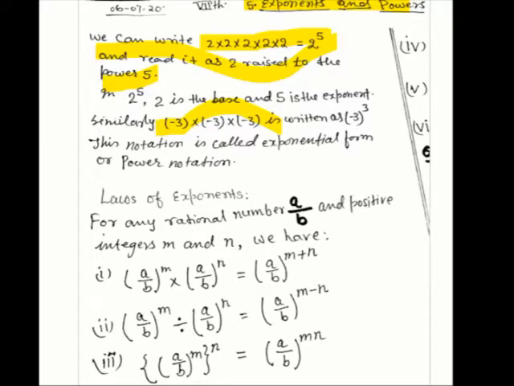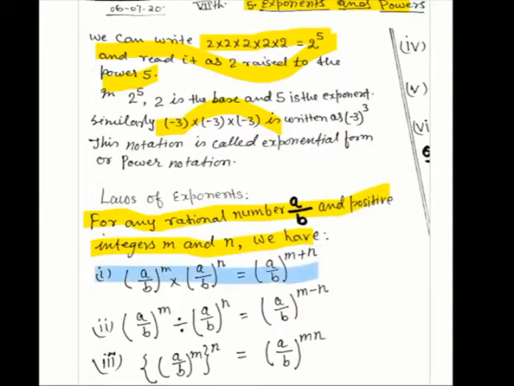And so, some important laws of exponents are: for any rational number a upon b and positive integers m and n, we have, number 1,